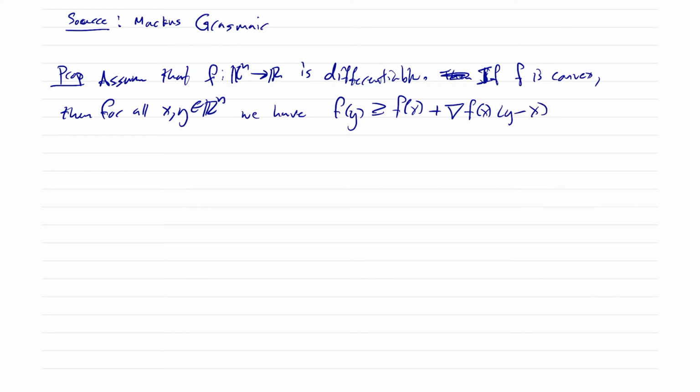Now in his notes, he's choosing the gradient to be a column vector,